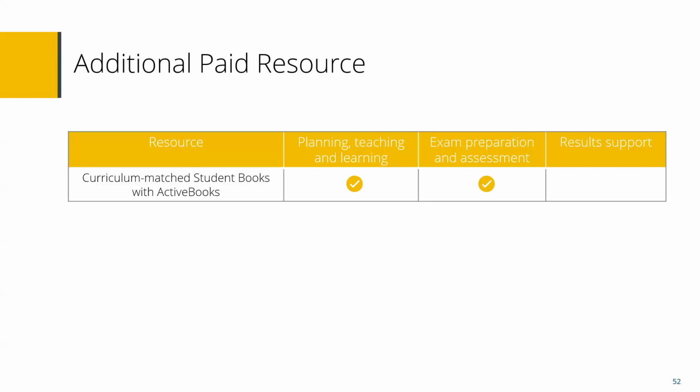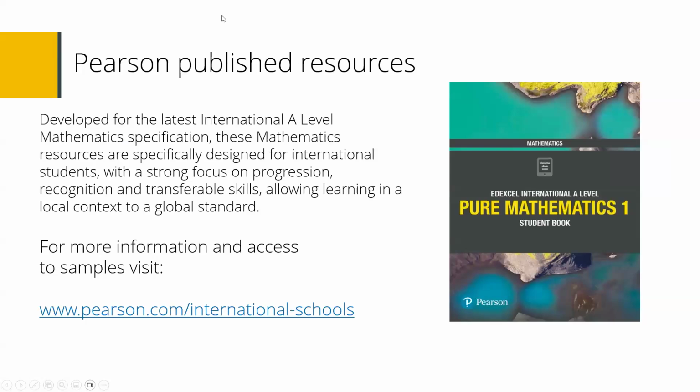There are the active books as well that you can have, the online version. I've mentioned the textbook, the publisher's one. You don't have to have it. You can have books from other publishers as well. Remember, the important one is the actual specification that you need to refer to. This textbook here, they try to have exam practice questions within this. And some of the transferable skills that they should have, they try to incorporate within that as well. No textbook's perfect though, so it's always worth having a look at what other resources are there to complement this.